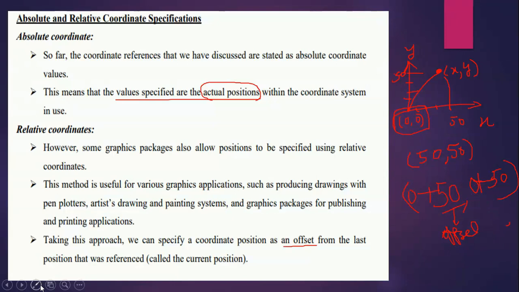Suppose initially the current point is at 1, 1. If you want to represent exactly the same 50, 50 position, then for both positions you have to add 49. Both x and y values you add 49, then you get the 50, 50 xy value. That is what we say as relative coordinates.